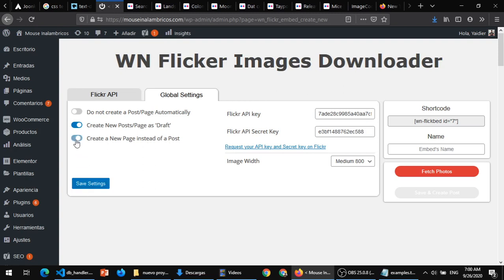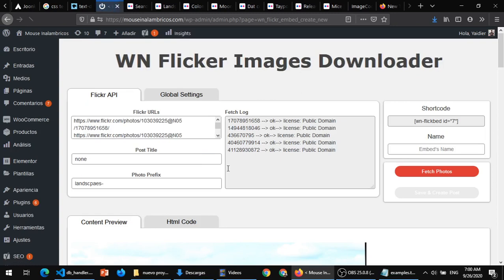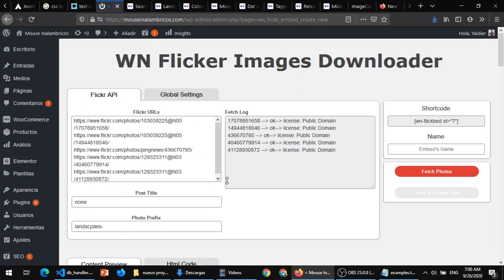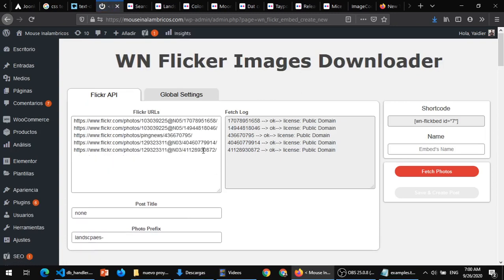So for the example, I'm going to create a post automatically, and I'm going to create the post as a draft, and it's going to be a post, not a page. I'm going to save settings. Okay, so I'm going to get back here. So these are the 5 images that I have,